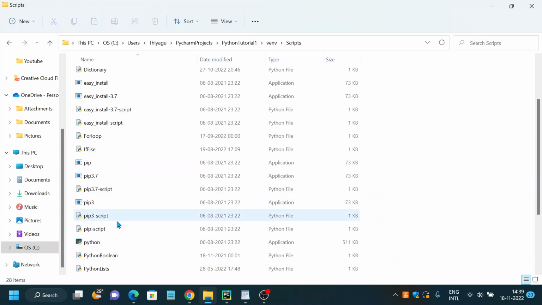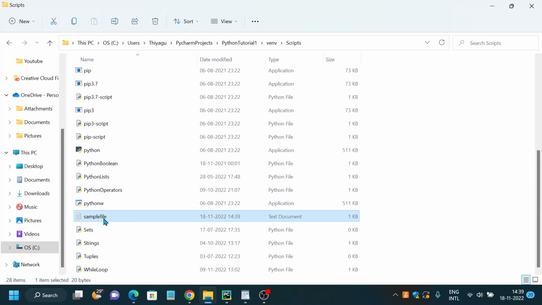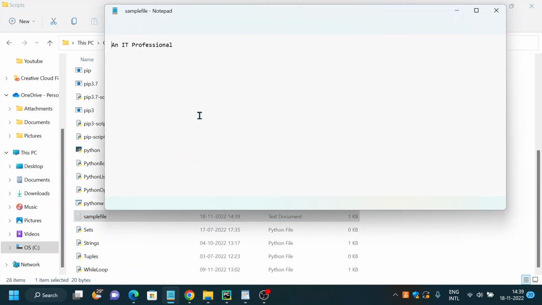What is the file name? Sample file. Yeah, here it is. This is the sample file, which you can look at the timestamp. It just now got written. Now if I open this, yeah, here it is. Okay, now it wrote the contents into a